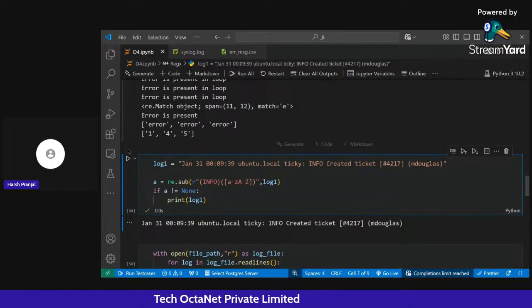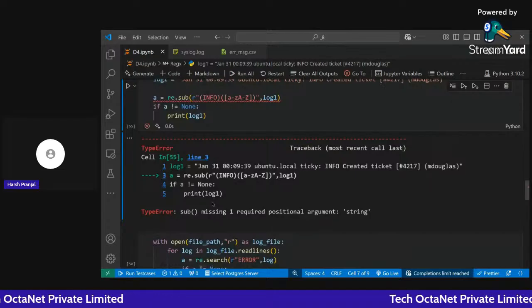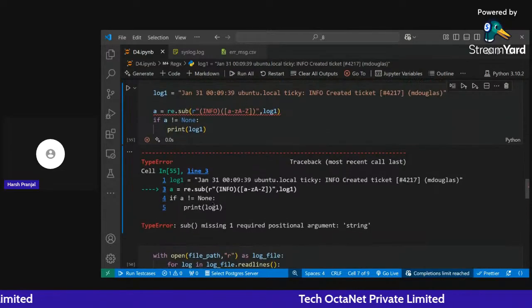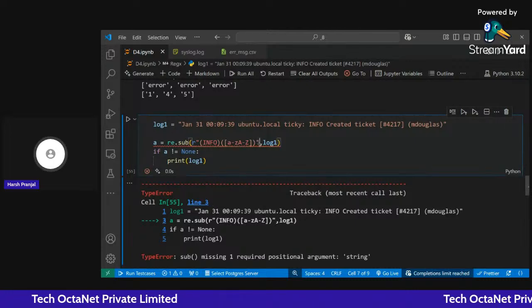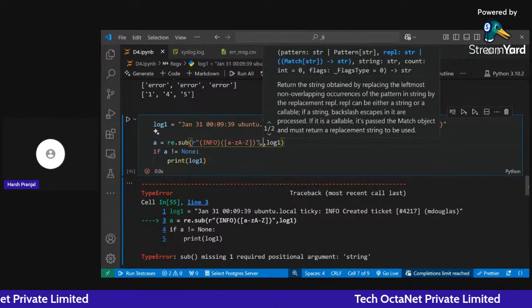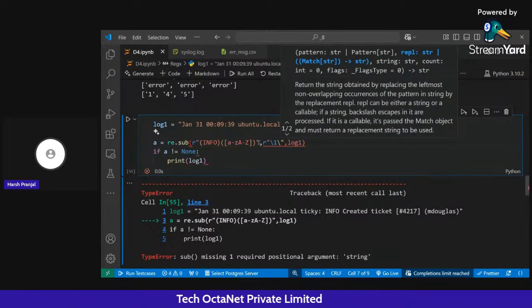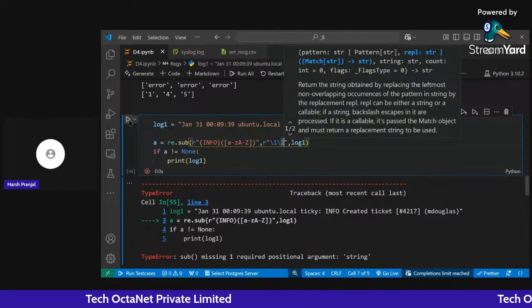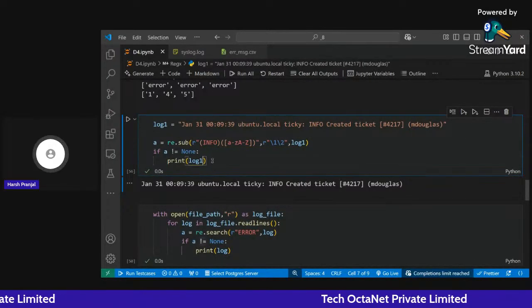Okay, missing one required. Okay, I have to provide some indexing here also. Let me provide /1 /2. The two groups will be enough. Okay, instead of just using the whole,